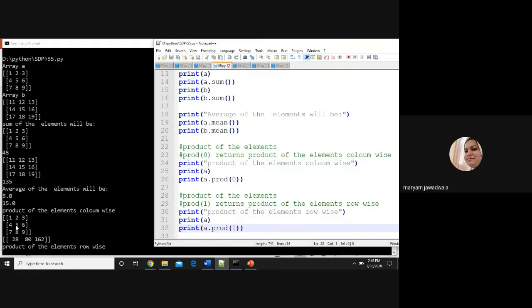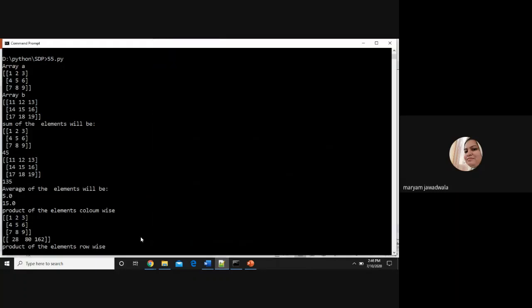Likewise 8 into 5 into 2 is nothing but 80. Likewise, 9 into 6 into 3 is nothing but 162. So this is nothing but the product of the elements column wise. So instead of 0, if I write product 1, then the system will give you the output